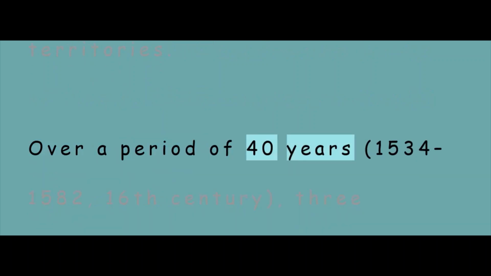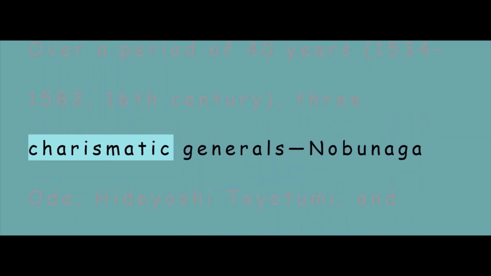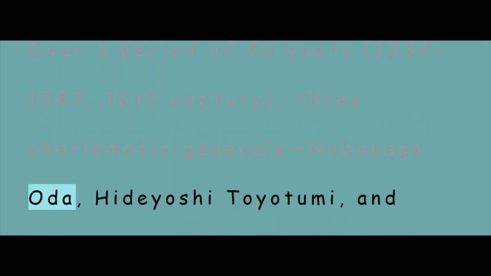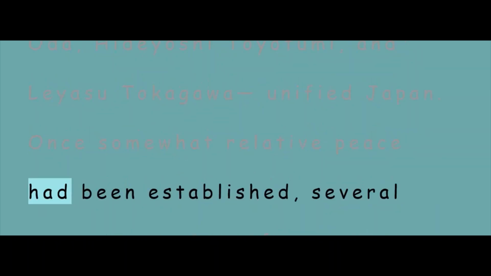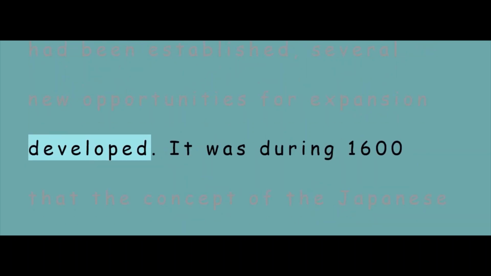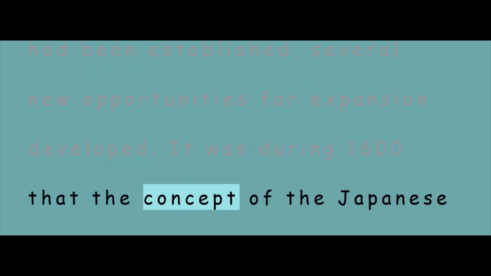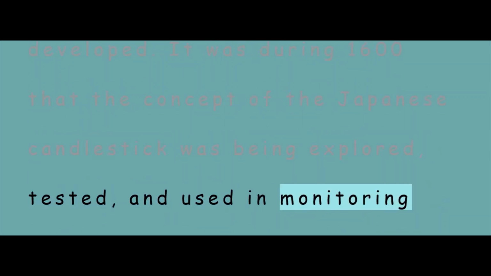Over a period of 40 years, 1534 to 1582, 16th century, three charismatic generals, Nobunaga Oda, Hideyoshi Toyotomi, and Ieyasu Tokugawa, unified Japan. Once somewhat relative peace had been established, several new opportunities for expansion developed. It was during 1600 that the concept of the Japanese candlestick was being explored, tested, and used in monitoring prices